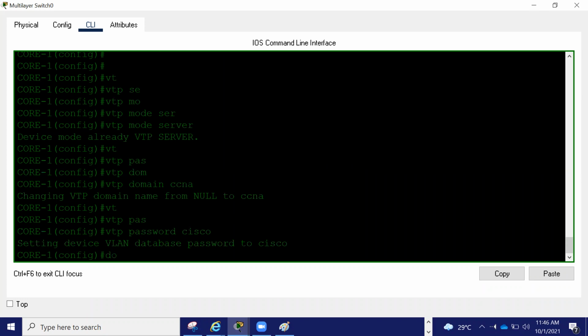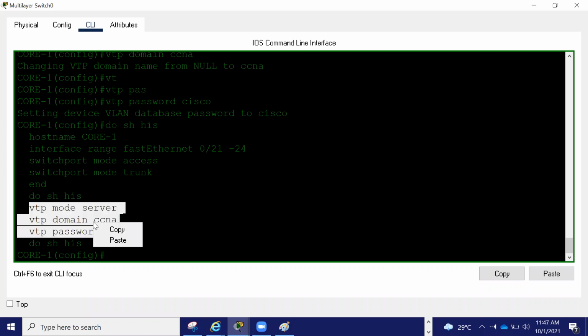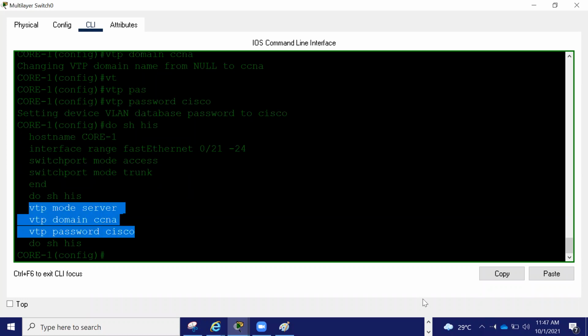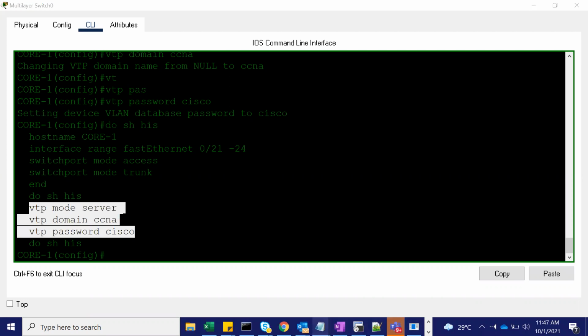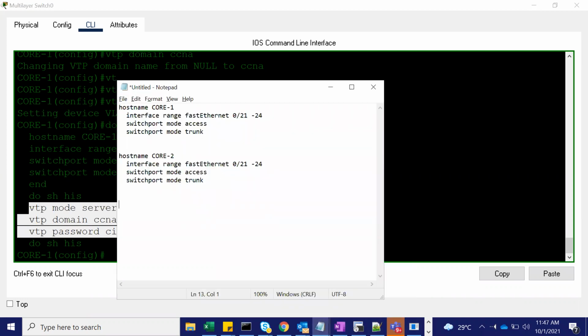Okay, do show history. Copy. So see these VTP commands: VTP mode server, VTP domain, VTP password. For all the remaining switches, I want to make VTP mode client.